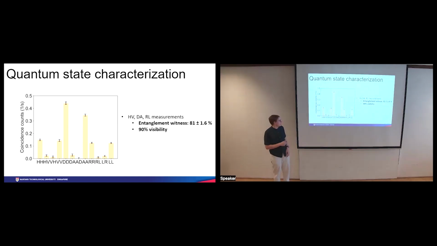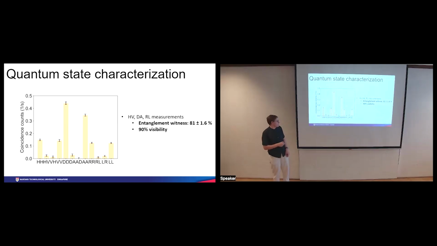So we first measure these two components and tune the pump angle. Then we can see that these two are well balanced. This is quite similar to how we align the type 1 entangled source. After the pump is aligned such that HH and VV are equal,